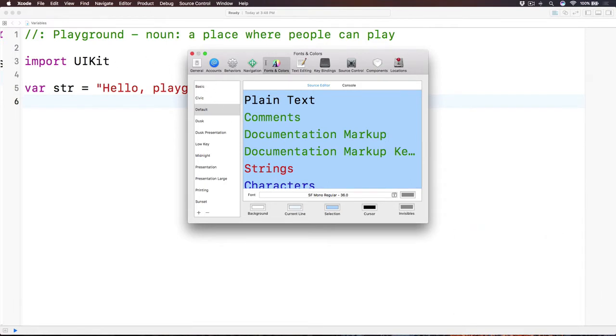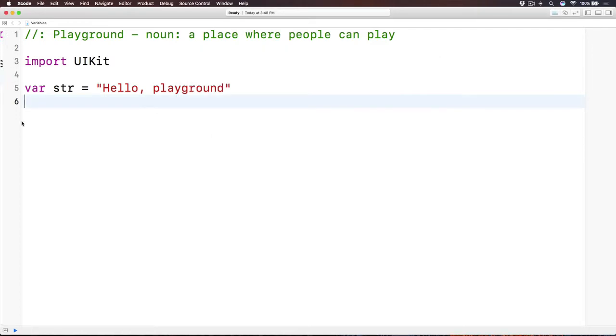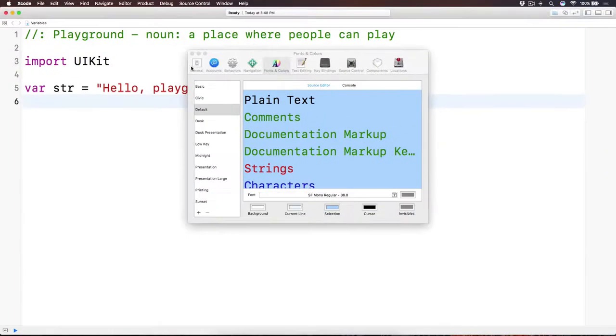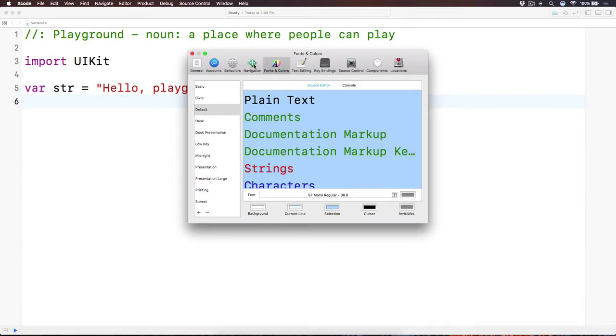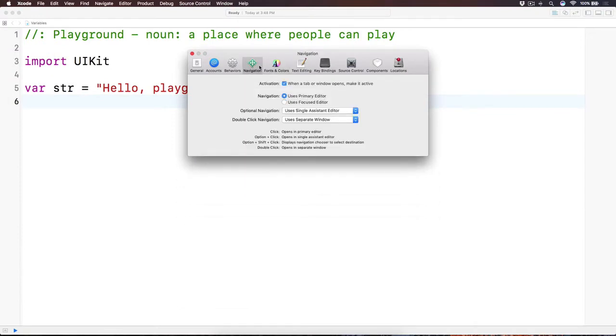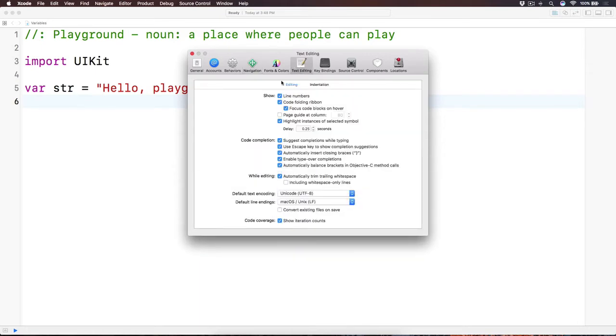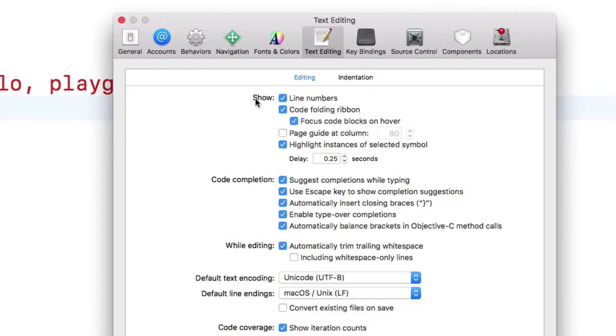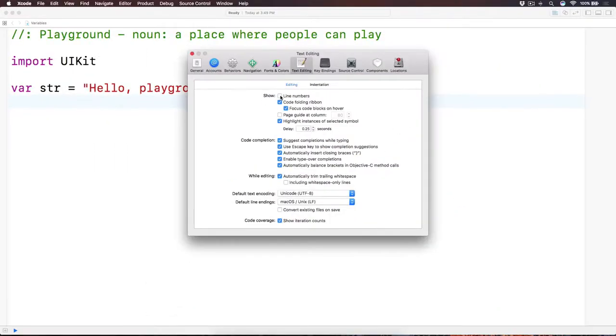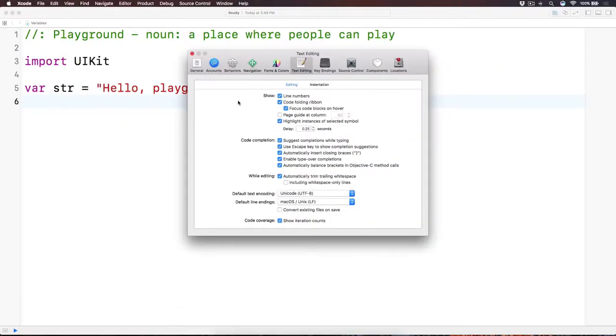And then if you look at the left hand side right here, we have the line numbers. That is incredibly important for you to navigate your code. So let's click into navigation, and you will see the text editing right here, and you'll see the line number. Make sure that you click show line numbers, incredibly important, so that you have a sense of the code that